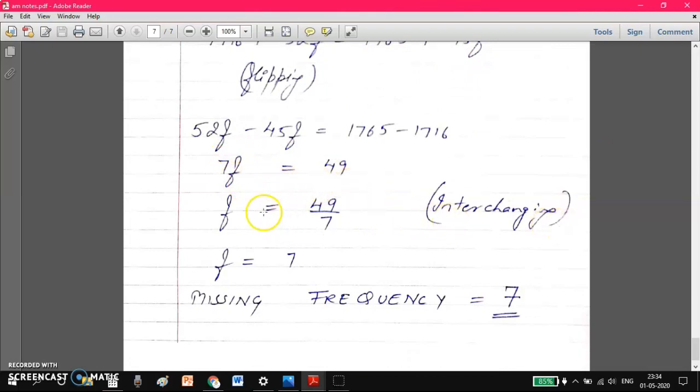Now we'll interchange it, and f, because हमने f की वैल्यू निकालनी है, क्योंकि f को हमने यहाँ न्यूमेरिक तो कंसिडर किया है, नंबर तो कंसिडर किया है, सो इसीलिए जो 7 है वो डिवीजन मोड में चला जाएगा, डिनोमिनेटर बन जाएगा. ठीक है. So f is equals to 7. So this is how you will calculate the whole sum.